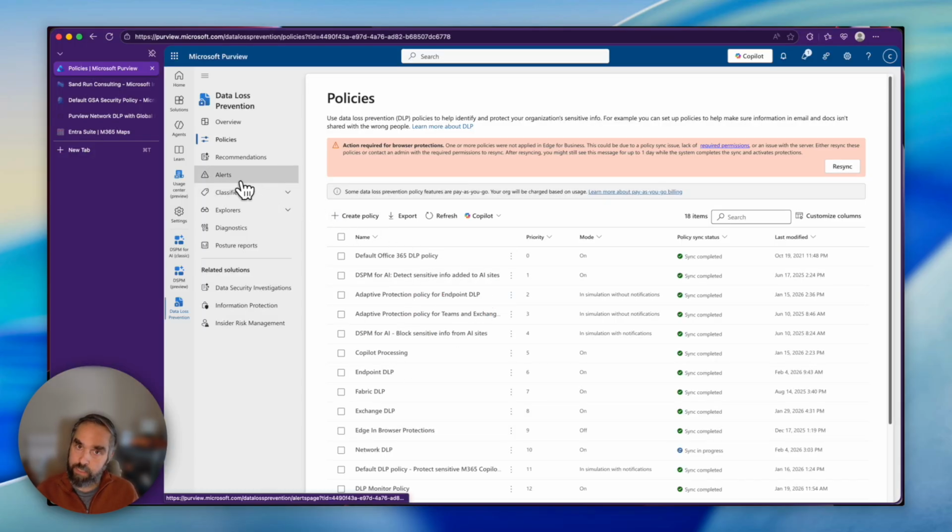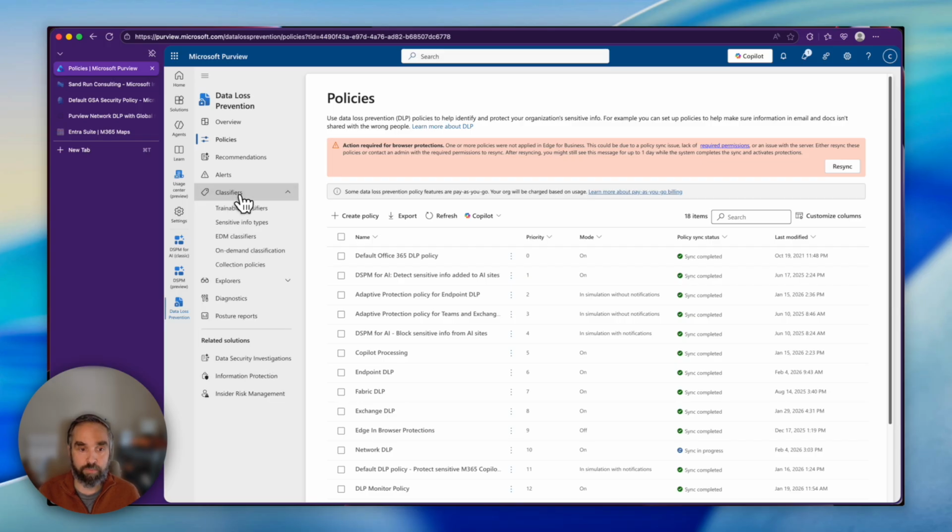And it'll be interesting to see where some of this plays out, because some of the things that you can do in Network DLP, you can also do in Edge and browser protections. And you can also do them to some degree in endpoint. So you've got some various options in terms of where to enforce some of these, right? GSA generally would be more targeted towards a corporate-owned device, because you'd have the GSA client on there, but